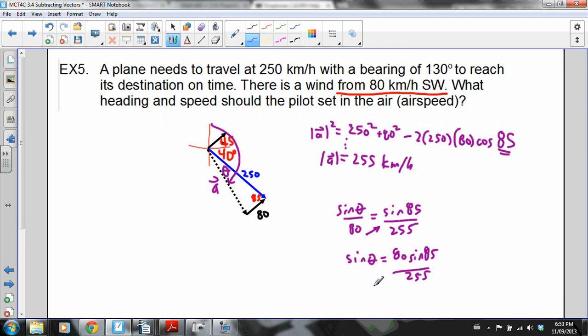And you end up, after a bit, I think I got 18 degrees for there. Hopefully you got something that's similar. 18 degrees. And then the bearing is 90 plus 40 plus my 18 degrees. The bearing is 148. So then the pilot should steer